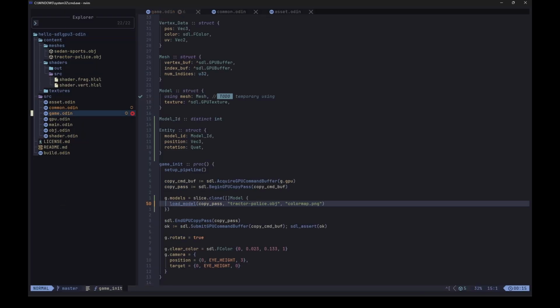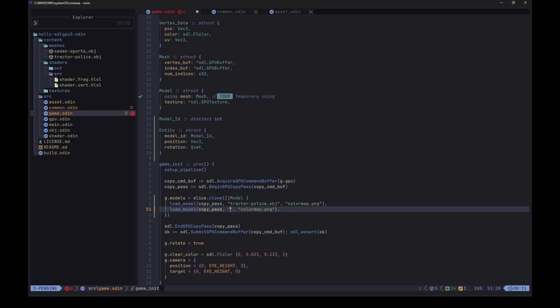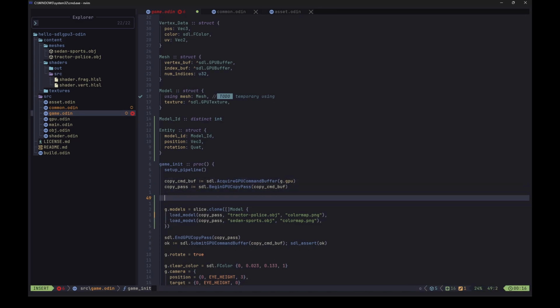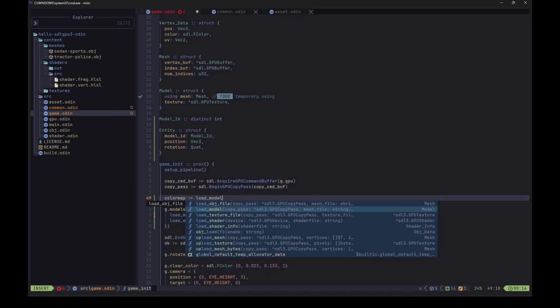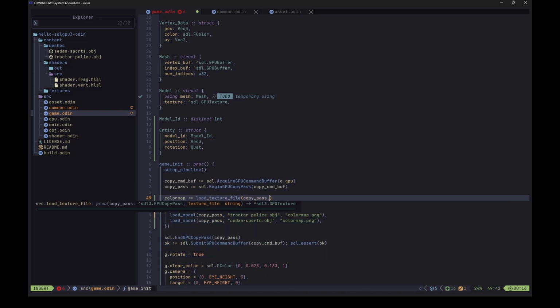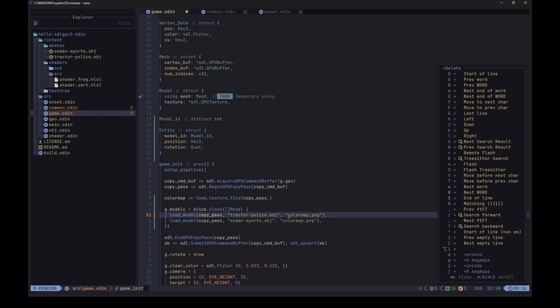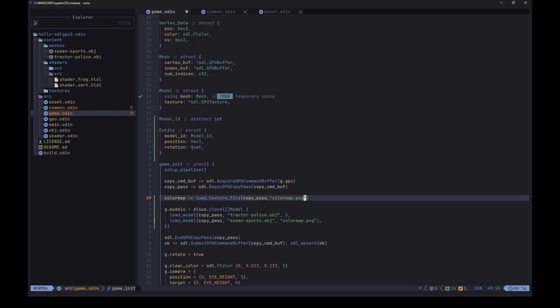And actually, maybe we can also load the sedan model as well. So let's do that. Sedan, sports. And one thing that we don't really want to do is load the texture once again, so we should probably load it before separately and just reuse. So let's say color map, that would be our load texture file, copy pass, pass it here,